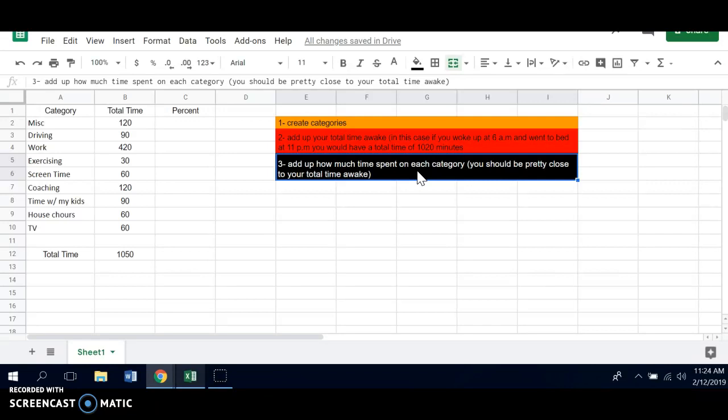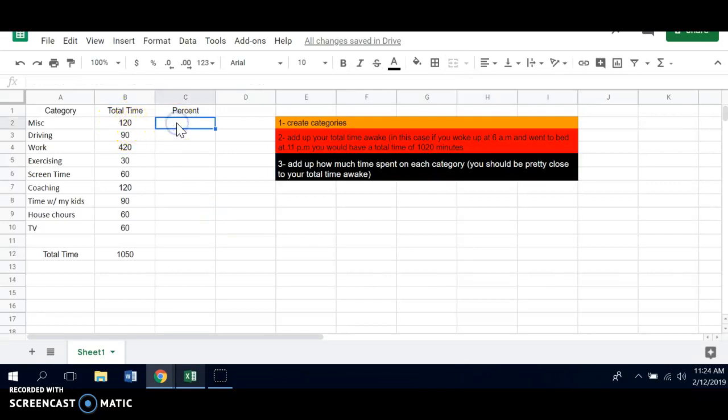So we created categories. We found out our total time, and we set up the times for each one. All right. So now we've got to get a percentage. So I'm going to hit equals, click on that cell next to it, divided by the 150 cell, or my total time, and I'm going to click conversion, all right, into percentages. Now, if I drag this down, it's going to drag down this as well, and obviously there's nothing underneath it,